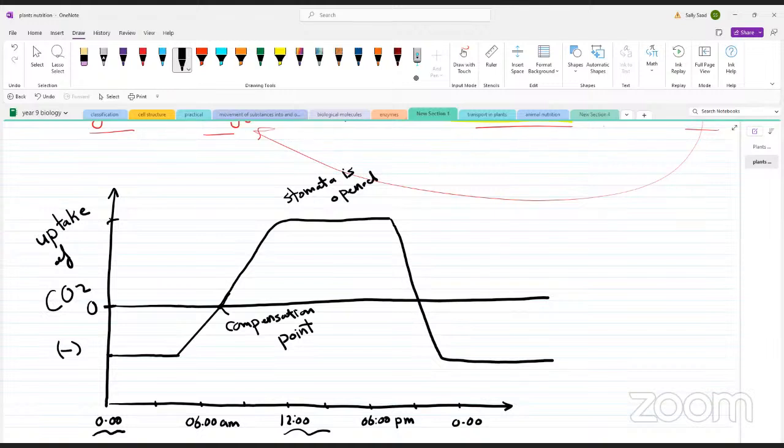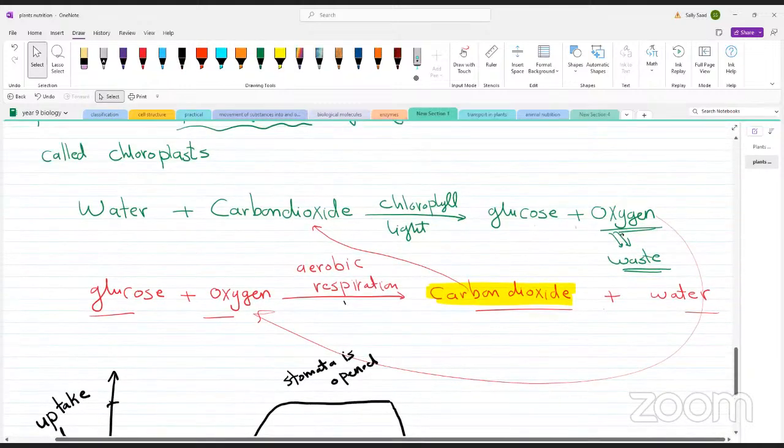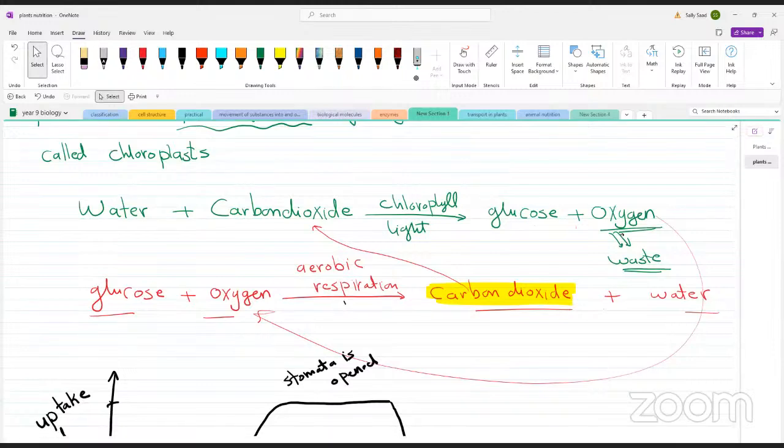You understand? So during the day, stomata could be open, could be closed. The amount of carbon dioxide which is released could increase or decrease, and this is all because of the change of light intensity during the day. You understand? Okay. Oxygen is diffused out,